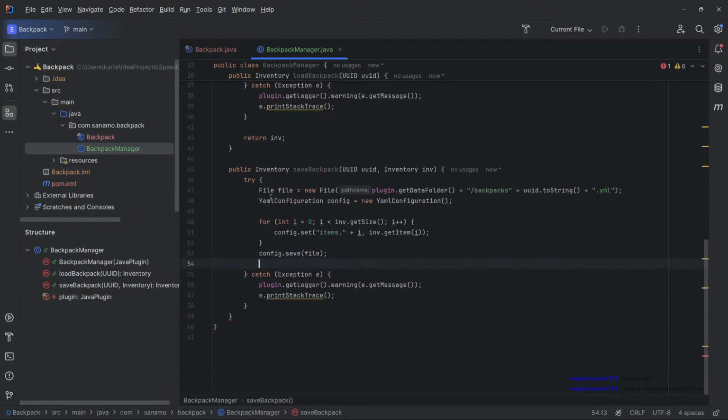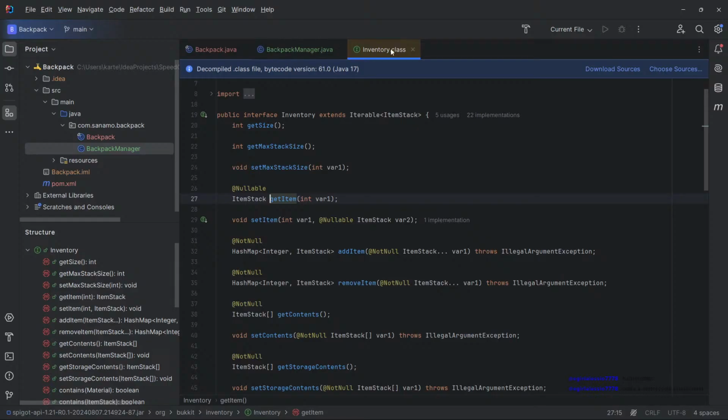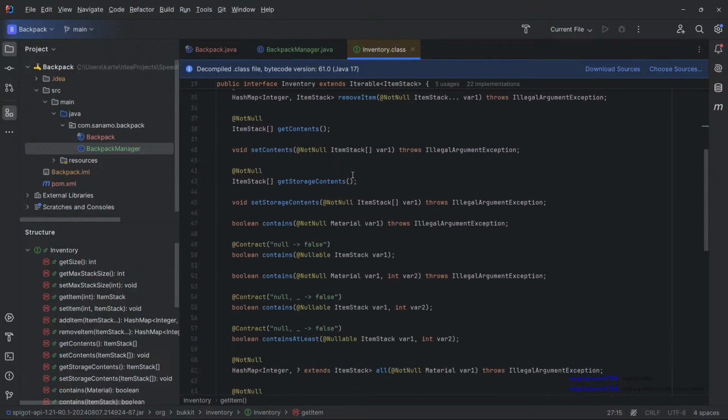And so we're grabbing the file, grabbing the YAML configuration, and then we're going to loop over the whole inventory size that we're passing in, and we're going to set at each config the items dot plus I. So like I said, that'll be like items dot 0 is equal to, and then whatever the item is. So however this gets serialized, I guess we could look for the